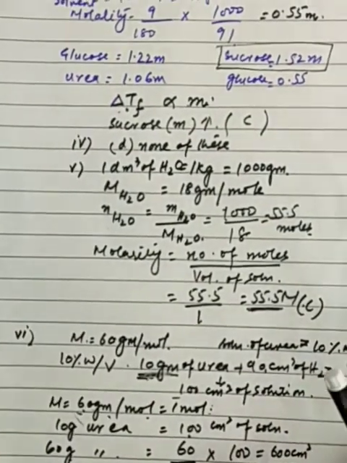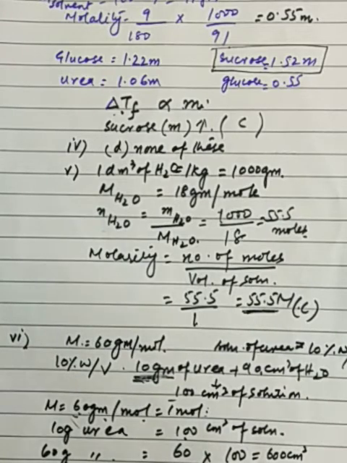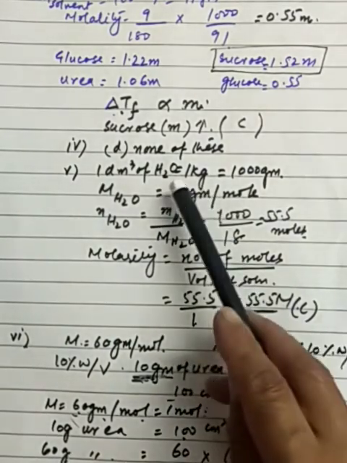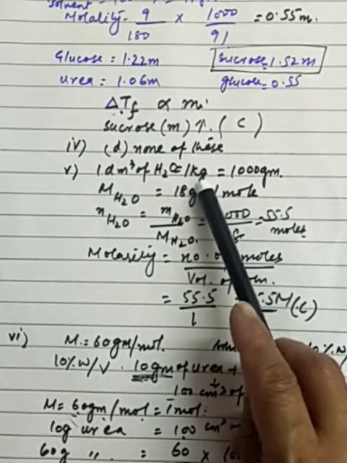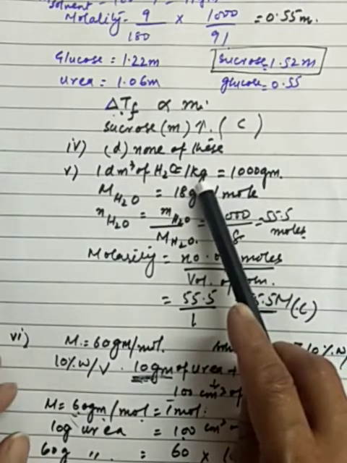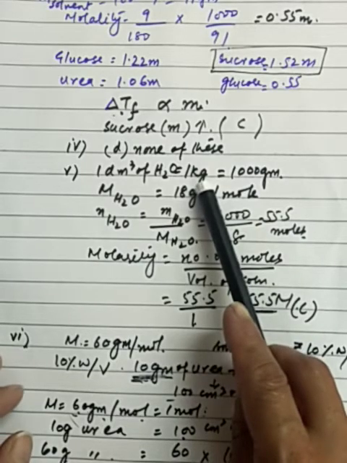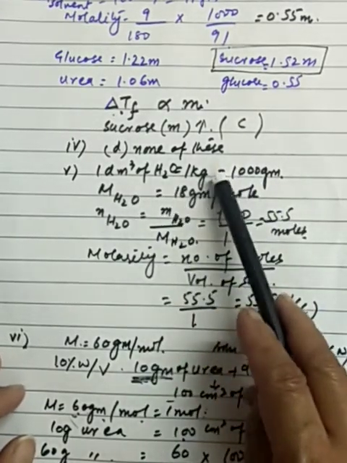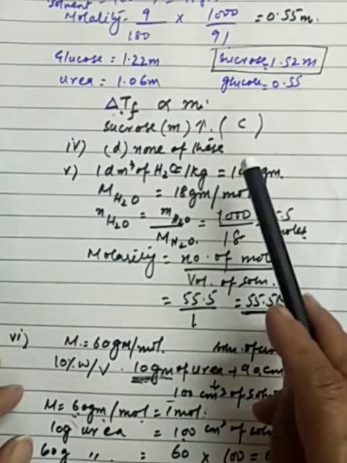Now boys, the part number 5, molarity of pure water is, options given are A option is 1, B option is 1.8, C option is 55.5 and D option is 18. 1 decimeter cube of water is equal to 1 kg. बॉयज़ हमने यहाँ पे मोलैरिटी ऑफ प्योर वाटर फाइंड आउट करनी है। उसके लिए 1 डेसीमीटर क्यूब जो है वो 1 kg ऑफ वाटर को रिप्रेजेंट करता है,